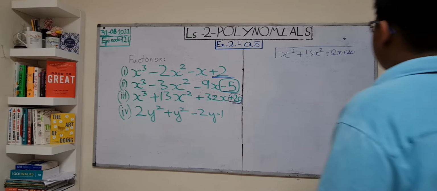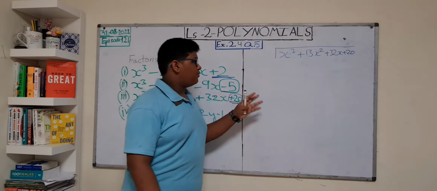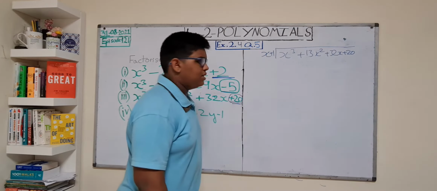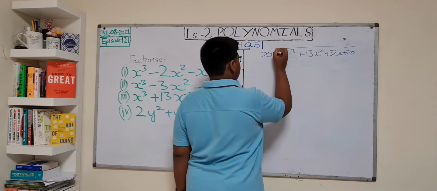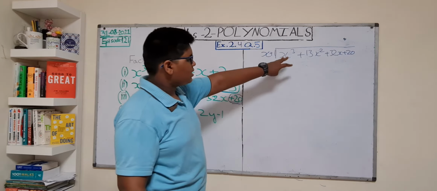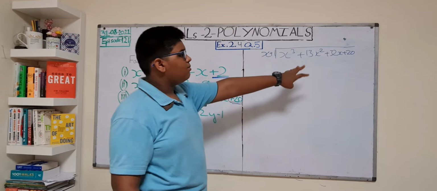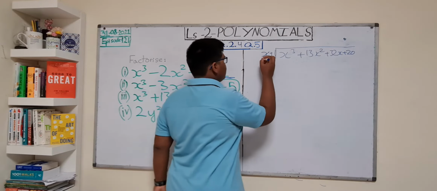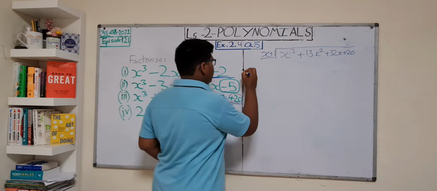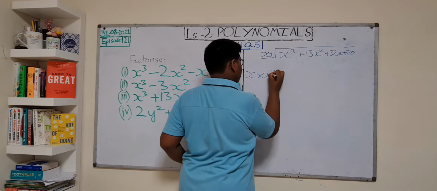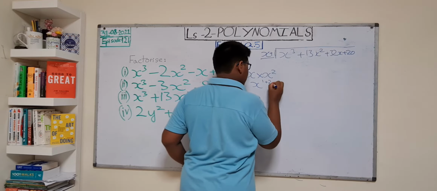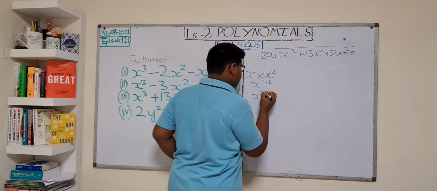Now let's continue. So now we have the division, right? When we have division, we can take the factor from which we did the remainder theorem. Now we have x plus 1 as the divisor. Now x cube plus 13x square plus 32x plus 20. For getting x cube, what should we multiply with x? If we multiply x into x squared, the powers will be added, right? So we can tell that we are getting x cube.